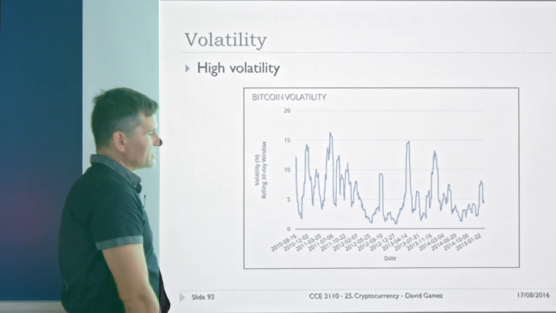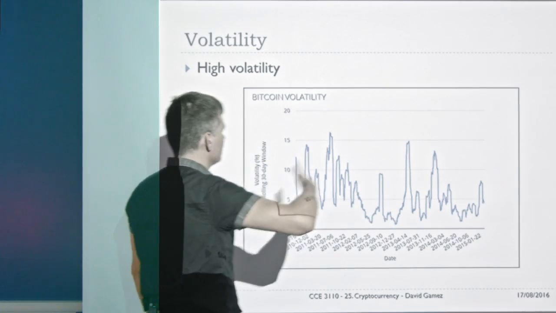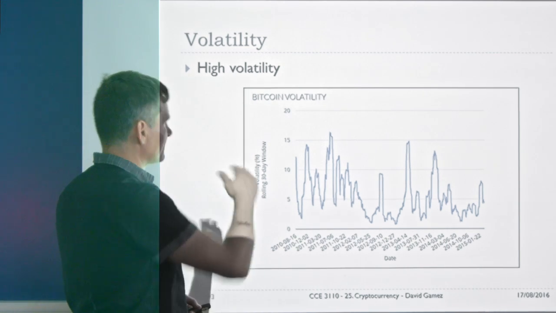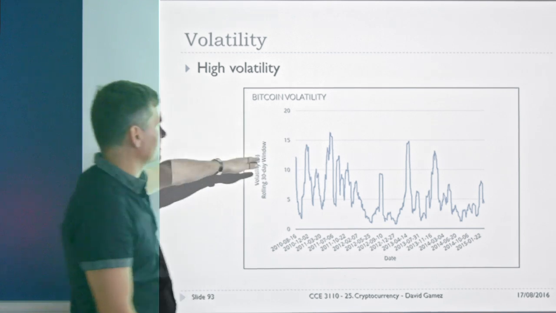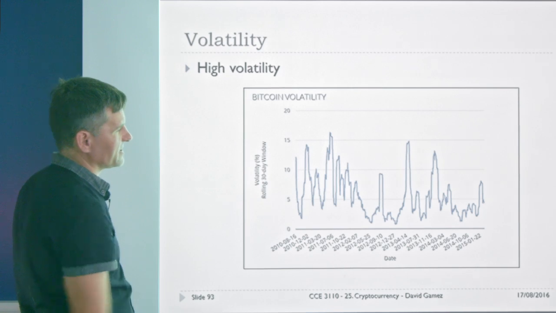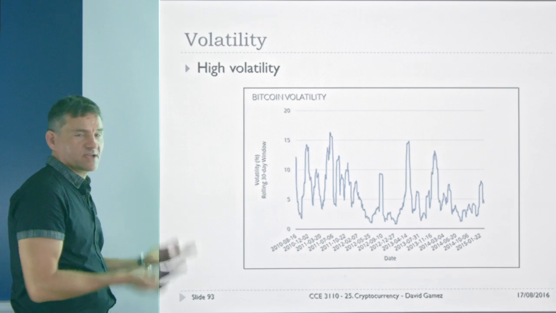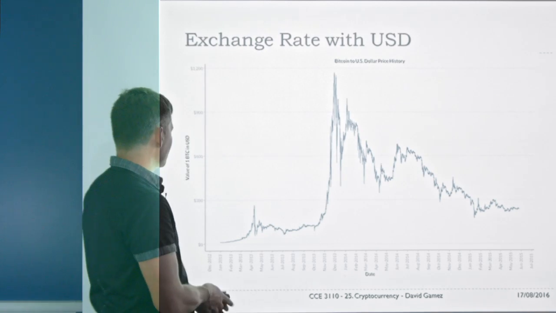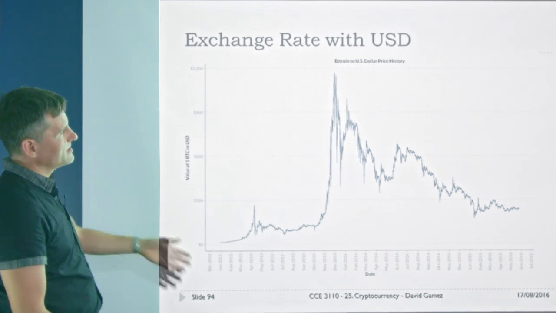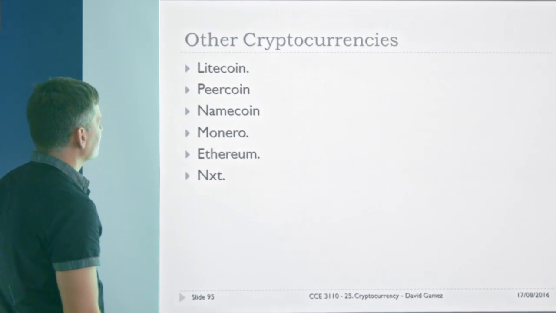Bitcoin's criticized for high volatility. Volatility just means that its price, its exchange rate with other currencies, varies quite a lot over time. So this is the volatility of Bitcoin. It varies and comes up quite high. I don't know enough about economics to know what 15 volatility means, but it's got high volatility. This is kind of a good thing if you're a stock trader or a Bitcoin exchanger, because you can make money much faster if there are higher fluctuations in the price. It's got an exchange rate with US dollars of about $300 per Bitcoin, I think. So it's got quite a high value, sometimes very high, but it varies over time, like all these things, with other factors in the marketplace, confidence, all the rest of it.